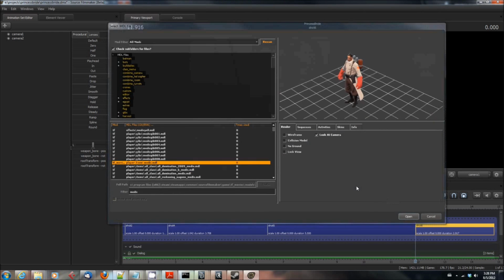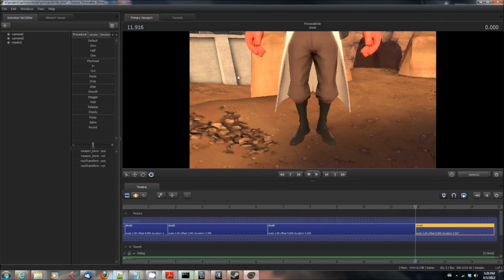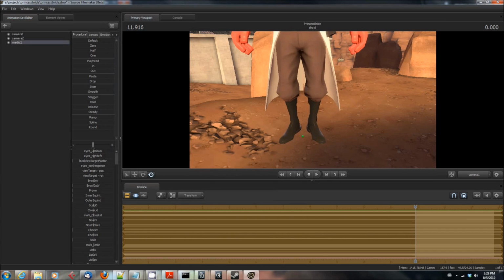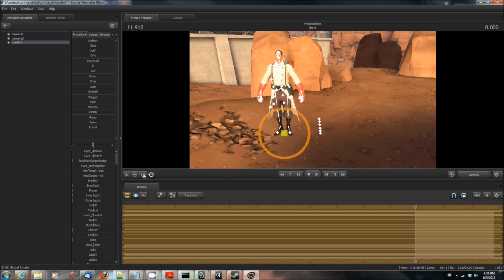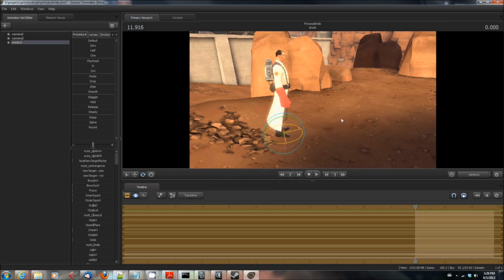So I find the medic. I spawn him, I pose him. Actually, I don't pose him, but I do place him kind of where I want him to be for the shot. That's really quite simple. Just put him on the ground and then turn him around so he's facing in the right direction. I'm not doing anything very special with lighting or anything like that for this particular tutorial. So, there's a lot more you'll have to do in your real videos, but